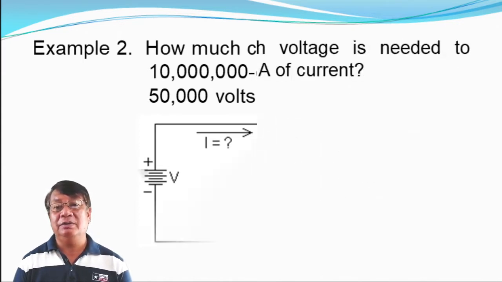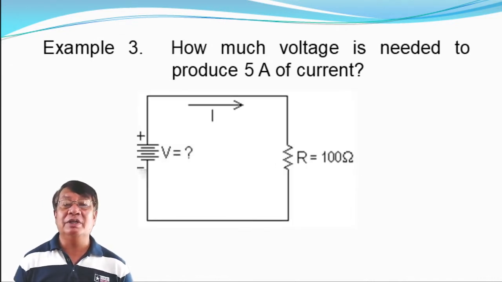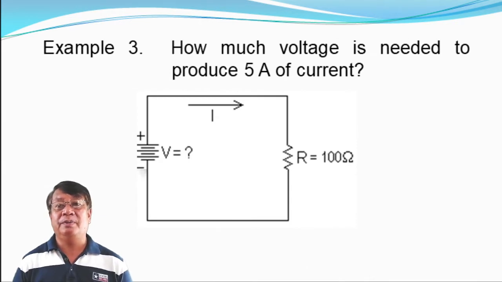Next we have example number 3. What if we have this circuit? How much voltage is needed to produce 5 amperes of current? As you can see here, our resistance is 100 ohms and our current is given as 5 amperes. According to Ohm's law, if your voltage is the unknown, it is just the product of the current and the resistance. That is why we have 5 times